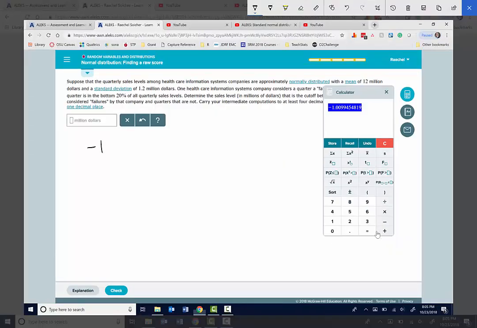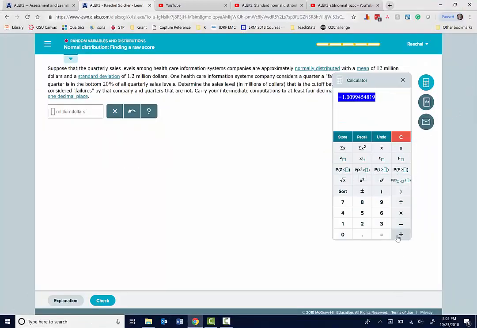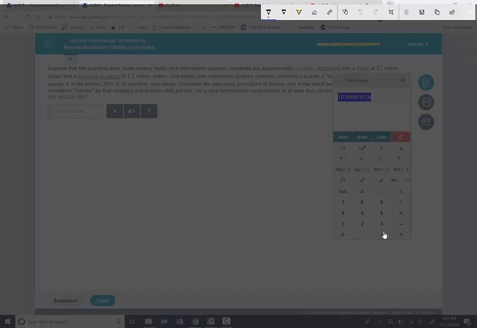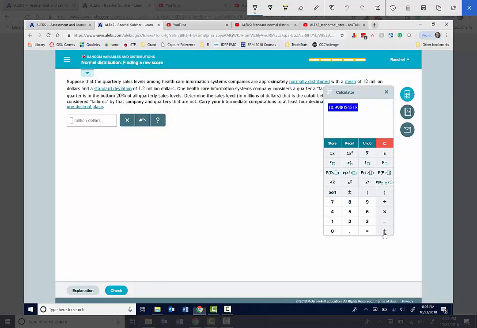And so we have negative 1.0099 is equal to x minus 12. And then we're just going to add 12 to the other side to solve for x, plus 12. The nice thing about the calculator in ALEKS is you can just leave it all there and do each step as you go, so you don't have to transpose or make an error rewriting the numbers. And so in this case, we have x equals